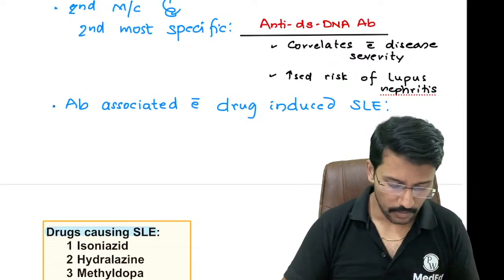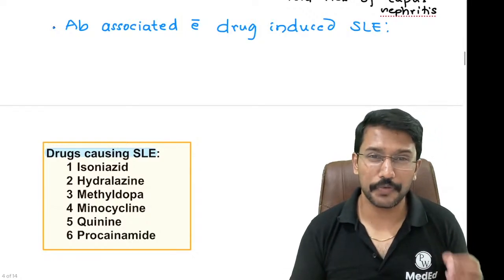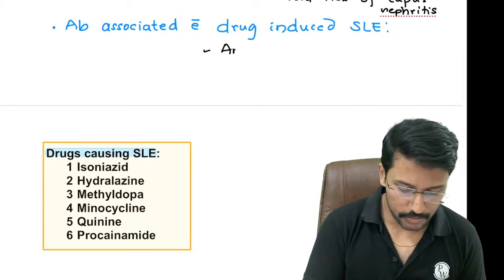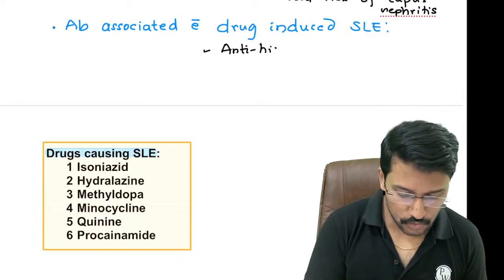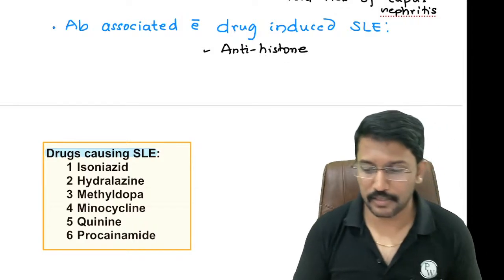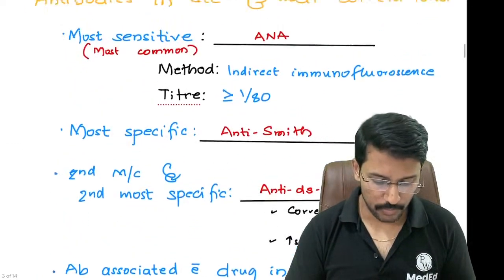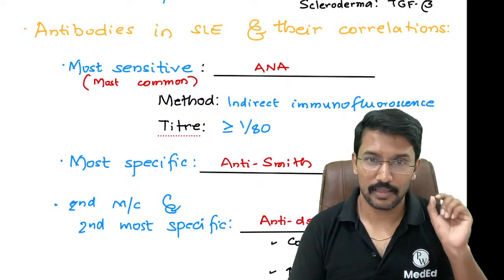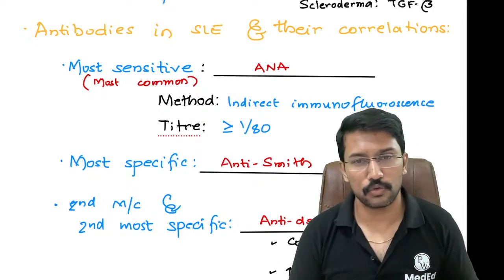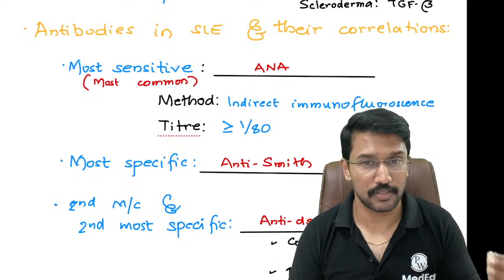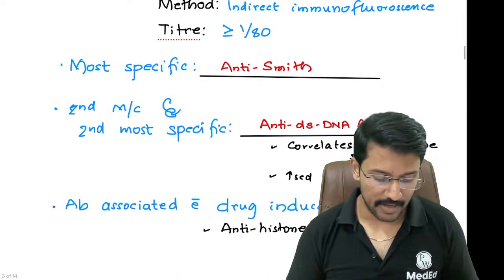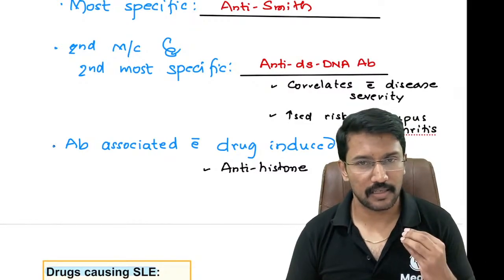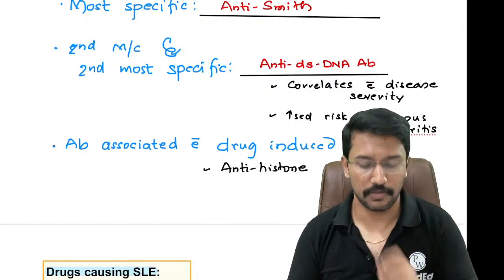Now the next MCQ they will ask you is which antibody is associated with drug-induced SLE, and as we all know, it is going to be antihistone antibody. So just to summarize again, the most common, most sensitive antibody is ANA. The method used is indirect immunofluorescence. To call it positive, it should be more than 1:80. The most specific is anti-Smith. And the second most specific is anti-dsDNA antibody,